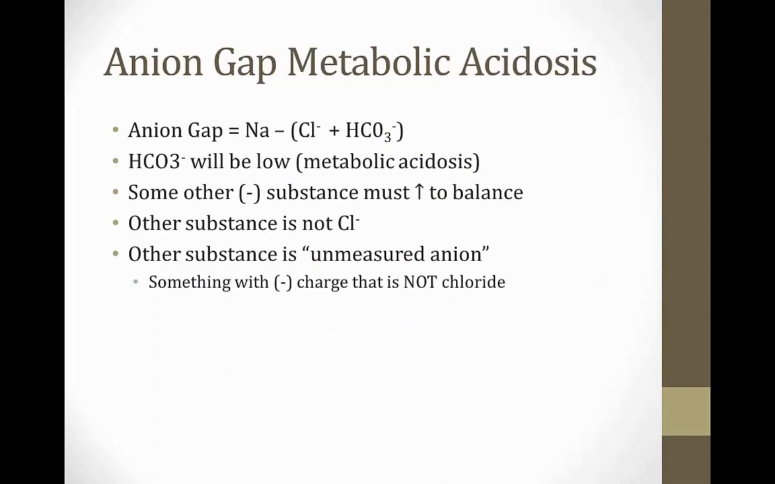So for the rest of this module, I'm going to discuss the anion gap metabolic acidoses, and these are the most complicated acid-base disorders to understand and remember because there are a lot of causes. So recall that the anion gap is sodium minus chloride plus bicarb. The bicarb is going to be low in a metabolic acidosis